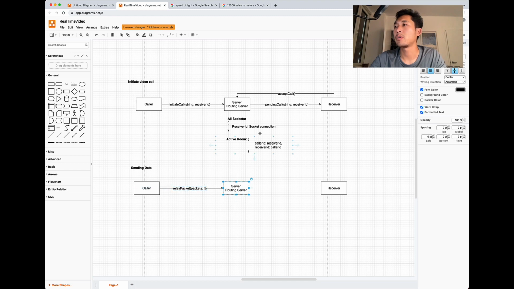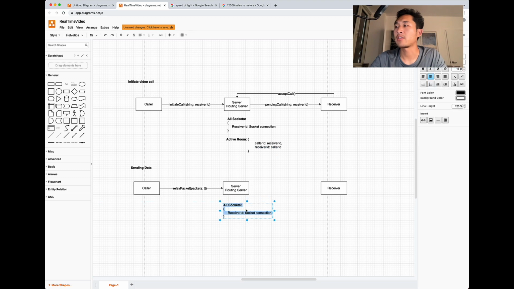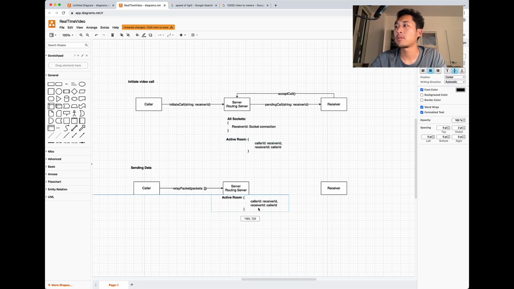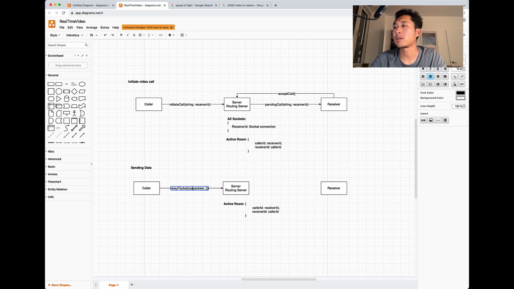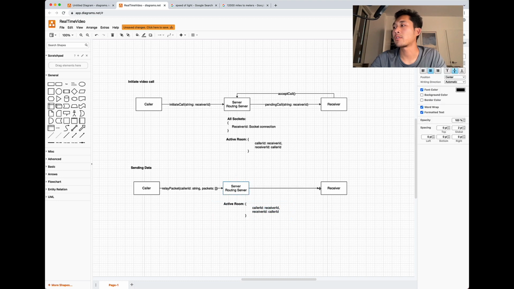And then once we get to the routing server with these packets, we can do a lookup of the caller ID, and we can pass the caller ID here, or we can pass it in the header. We can look up who the receiver is, and then the server will just send those packets to the receiver,